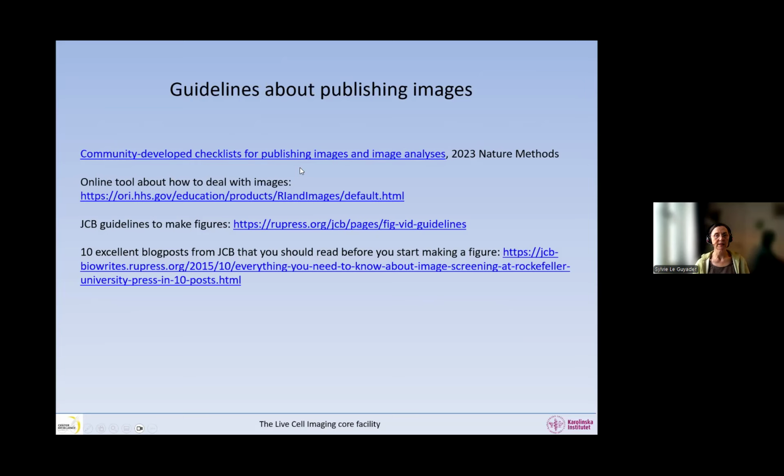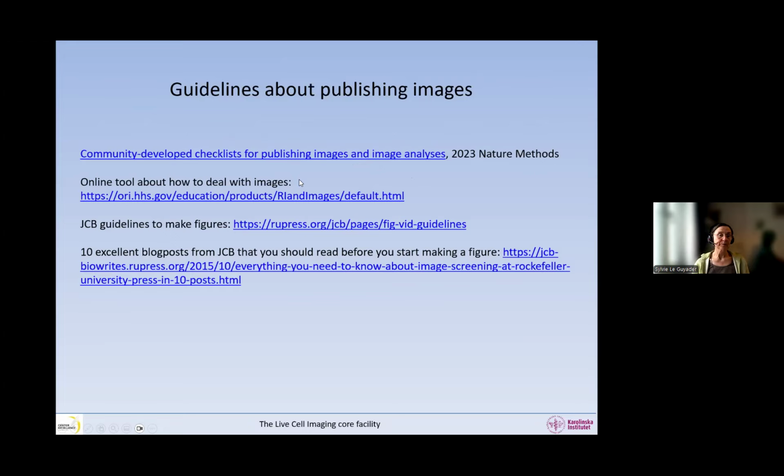I really recommend that when it comes to making your figures and your materials and methods for a publication, you go through this checklist. This is very useful. And as the title says, it's both for making your figures, but also for materials and methods about how the images were acquired and also how to publish image analysis pipelines.